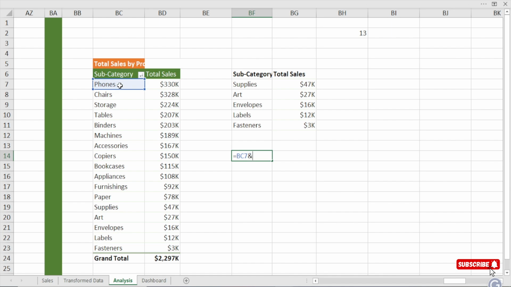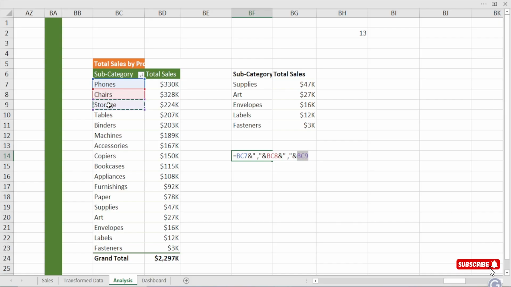I'll concatenate it first. So I'll select the first one, concatenate it with what? A comma, like this. Follow me closely and concatenate it again. Select the second one, concatenate it, bring my quotation, space, comma, close the double quote, concatenate it again,